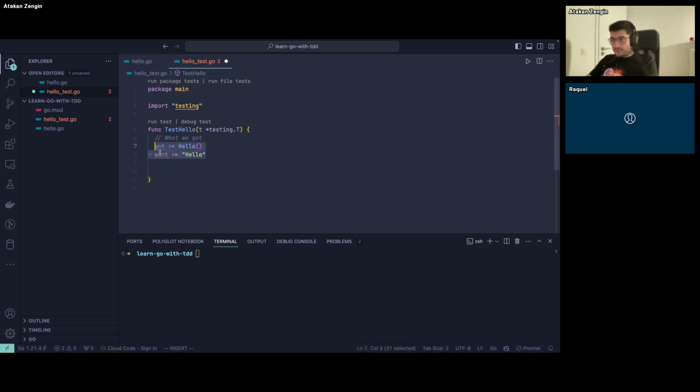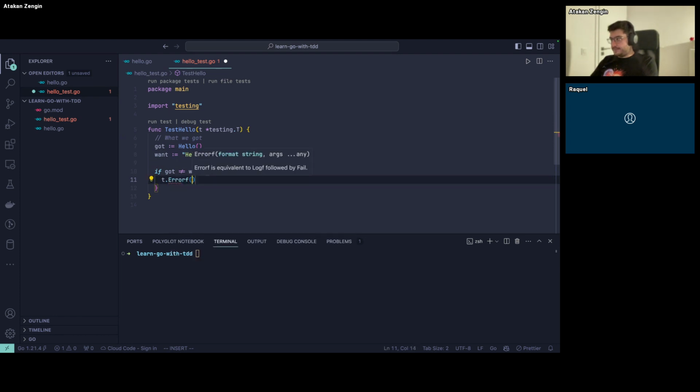And then once you have these two variables, you're going to write an if statement. Notice in Go, there are no required parentheses in an if statement. So you write if got is not equal, and please, I'm doing this actually, but it's not showing up, because the ligatures are not allowing me to show you. Basically, you write these characters together: not equal. If got is not equal to want, this means that something is wrong, and we're going to do